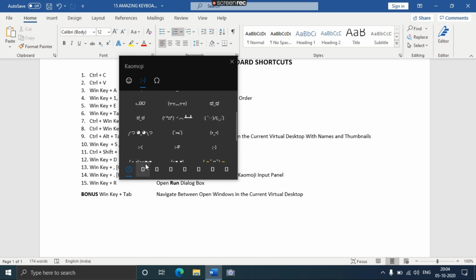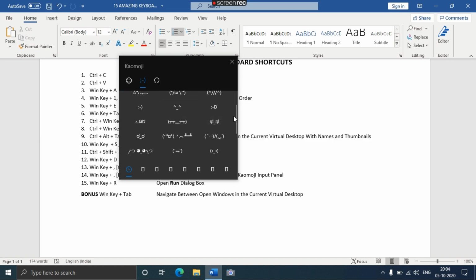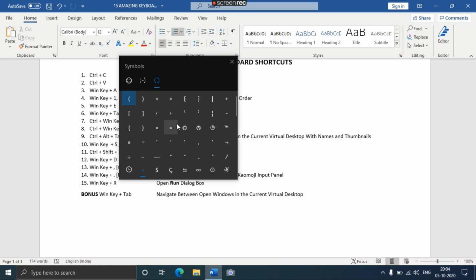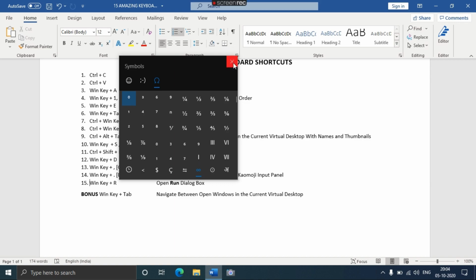Like this is happy, this is happy also. And this is the symbols. You can get different types of symbols here, like copyright, registered, currency symbols, accents, mathematical symbols. So that's really interesting.